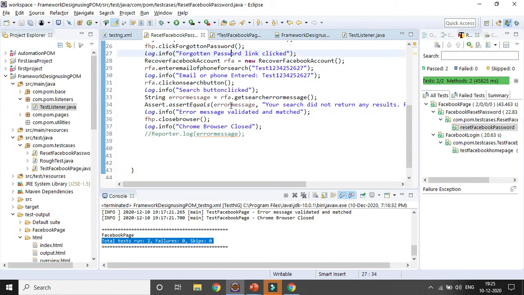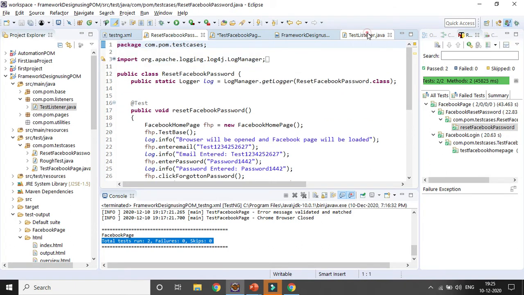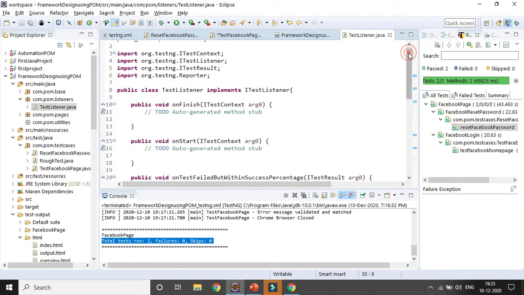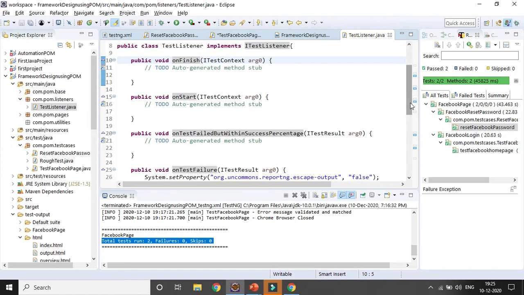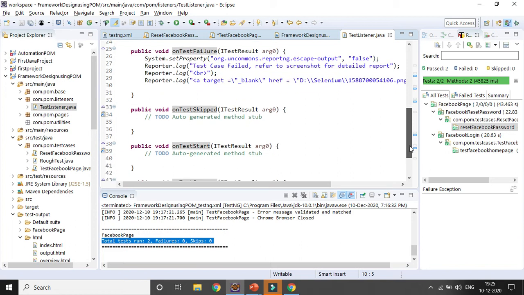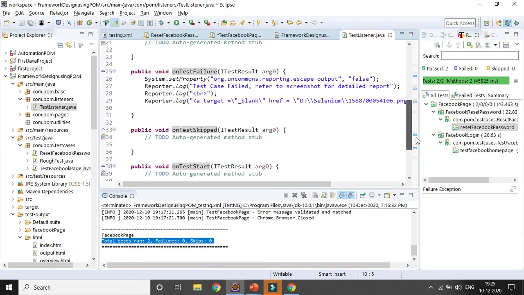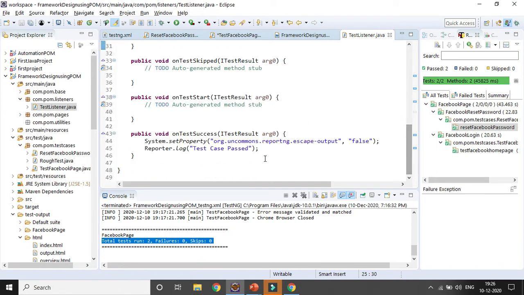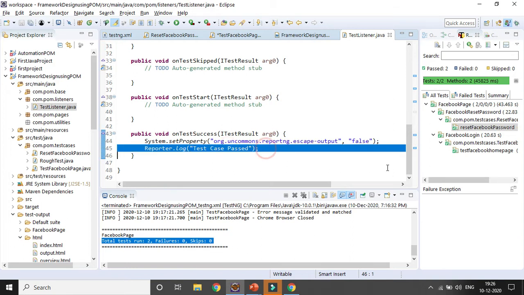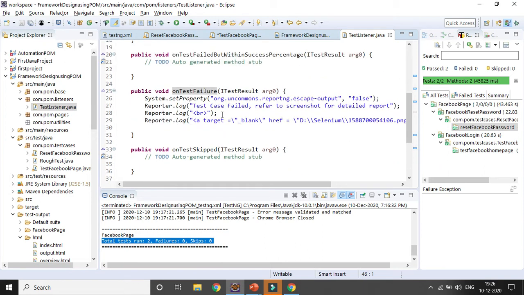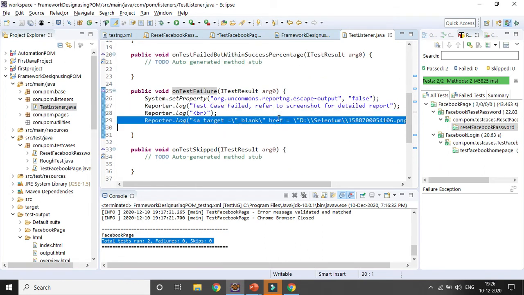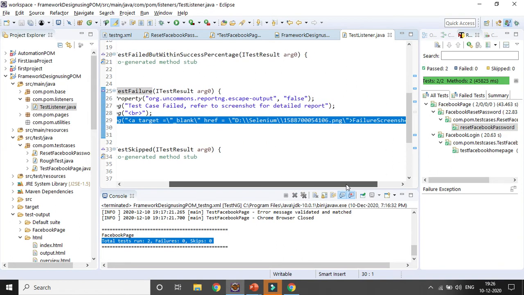So no reporter.log is available, and I have created a listener class which is implementing ITestListener, and when we are implementing it, we need to implement all the unimplemented methods. I am not writing any code for the other methods, because these are the two methods I will be using here, and I will show you how this method actually works: on test failure in case of any failure, and on test success in case of success. In case of success, I want to get that particular message only. In case of failure, I want to get the message here. After that, it will break one line, and then give me that particular link. Name will be failure screenshots.